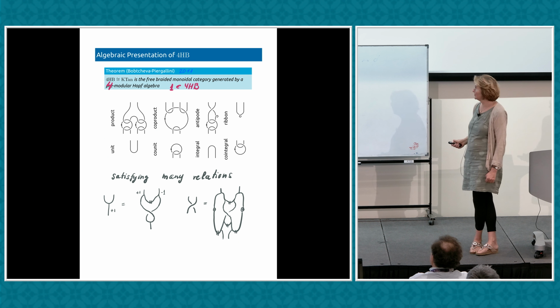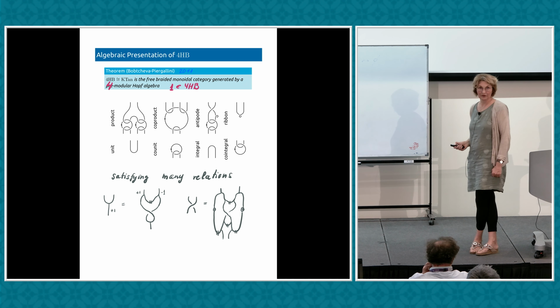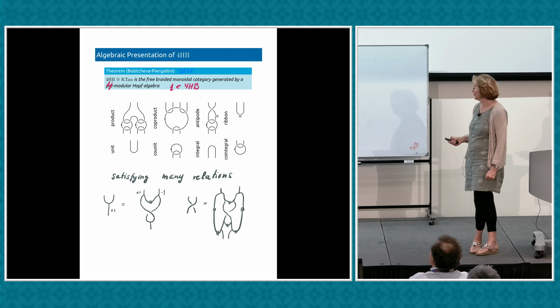So this is an expression which relates positive and negative crossings, braidings. I don't know, perhaps you have seen this. I have never seen it before. And this is a relation